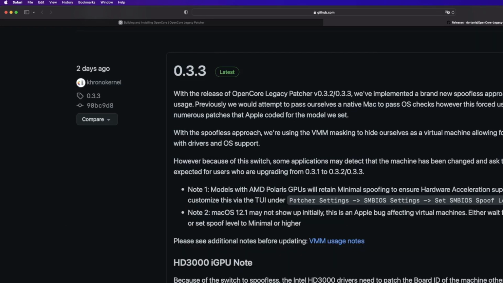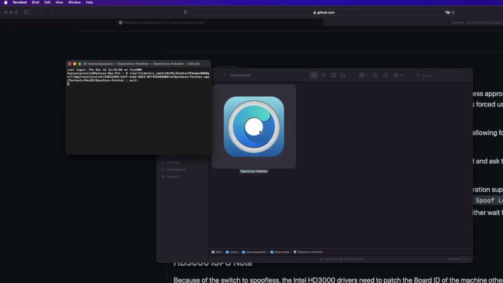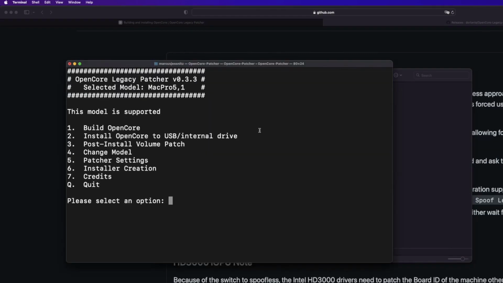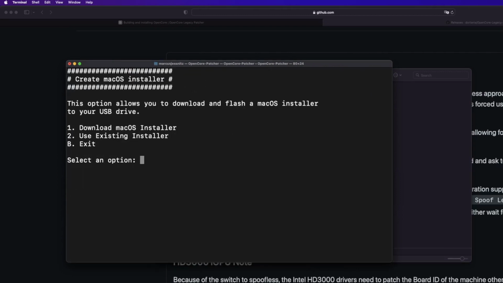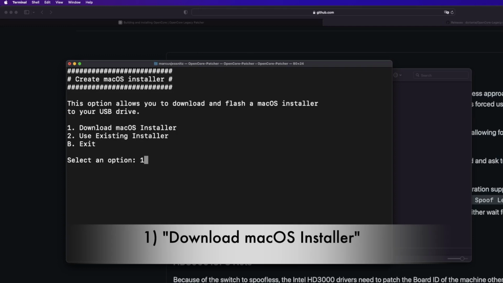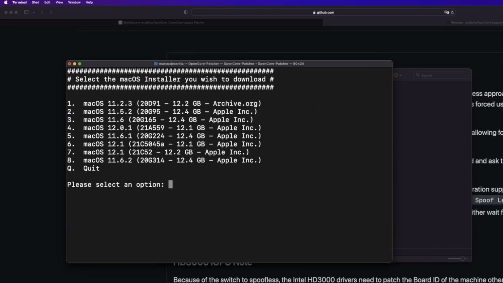What you also can do is to start the legacy patcher again, and you can go to a new point that they just added. It's installer creation, point 6. And when you now say download macOS installer, maybe you remember the script that we used in the last tutorial. That is nearly the same script here, just implemented into the legacy patcher. And now you can just choose which version you want to download from Apple.